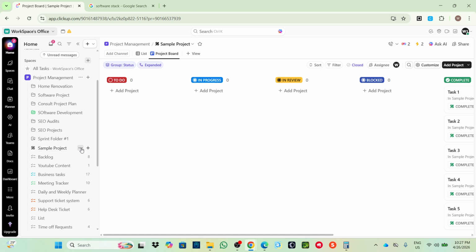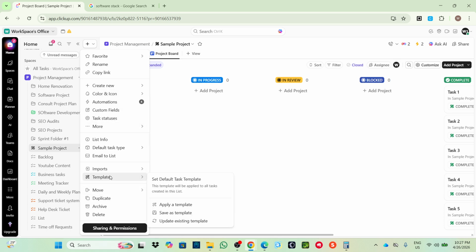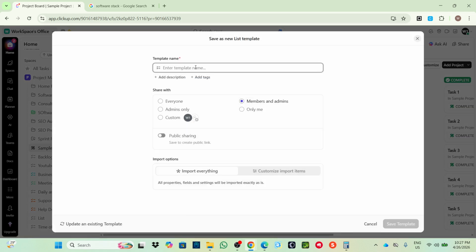Now, on the left panel, click right here on the list settings and then go to templates and then save as template. Now, after applying a template name and choosing where you want to share this, either to everyone, to admins, to members and admins, or custom,